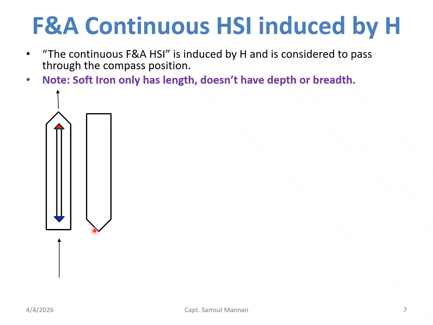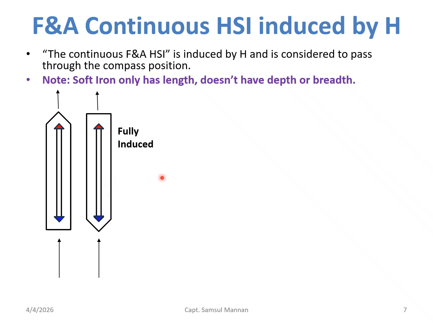The horizontal soft iron here is also running from the forward top direction, but the magnetic lines of force are now entering at the forward direction instead of at the astern, right? So in this case, on the forward side it will create a blue pole, and here we have a red pole. This type of soft iron, we call fully induced soft iron, and this fully induced soft iron will affect our